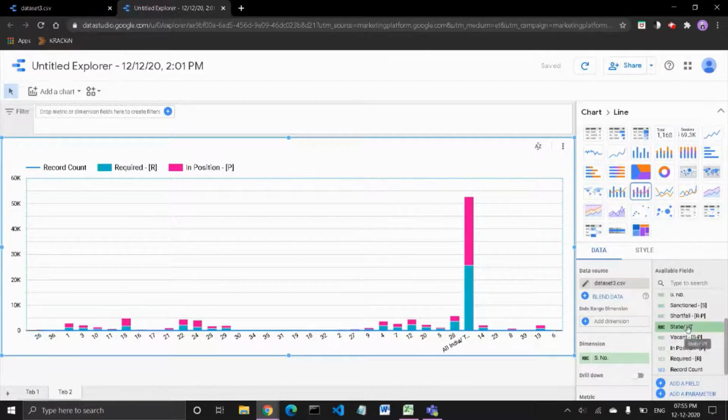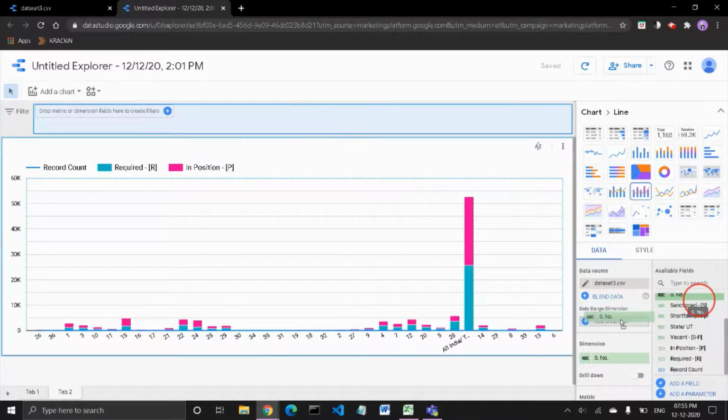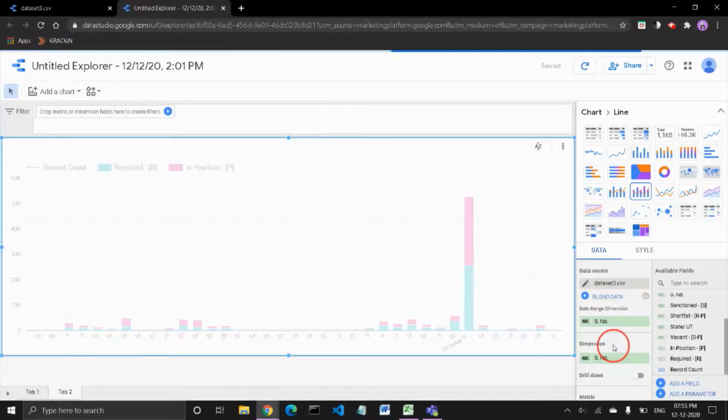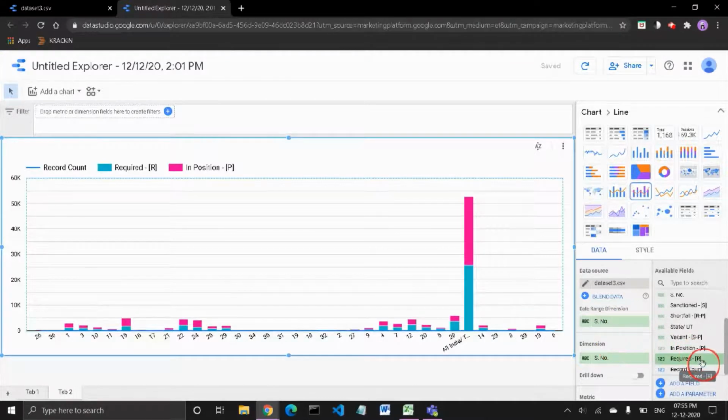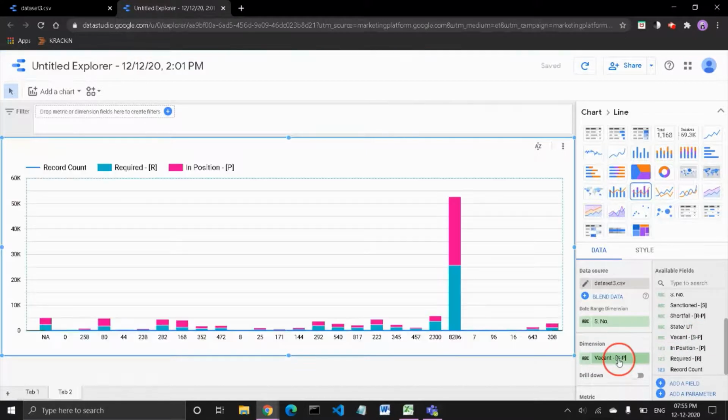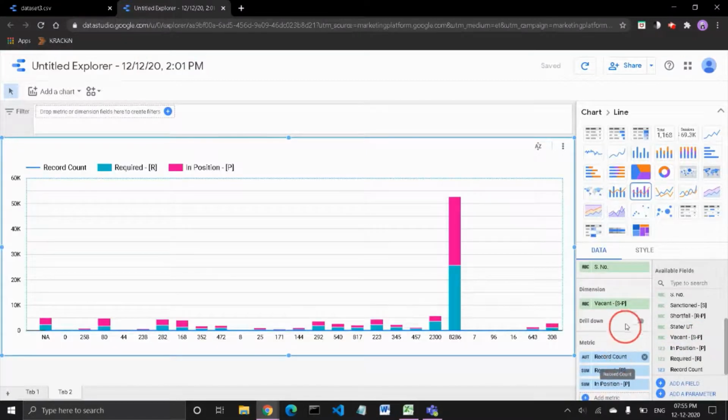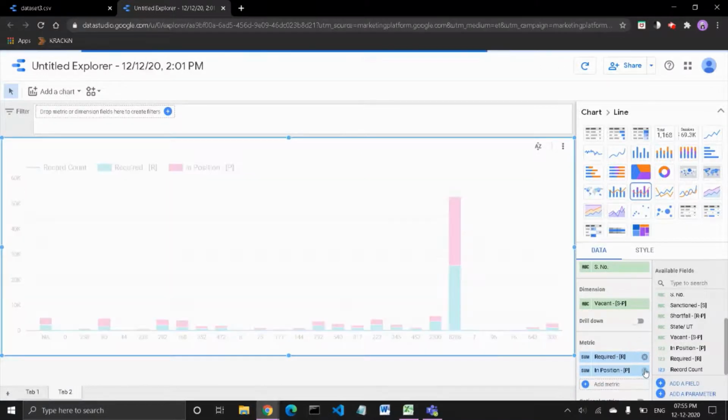So first of all, let us add the serial number here. The dimension, we'll take the dimension as vacant. One dimension will be vacant. And in metric, we will take the required number, the sum of the required number.